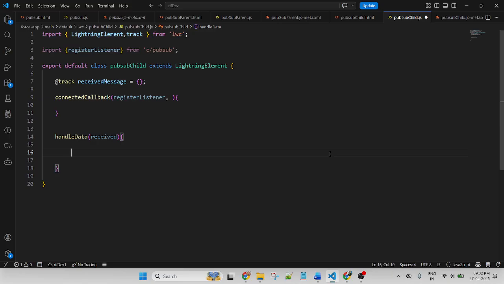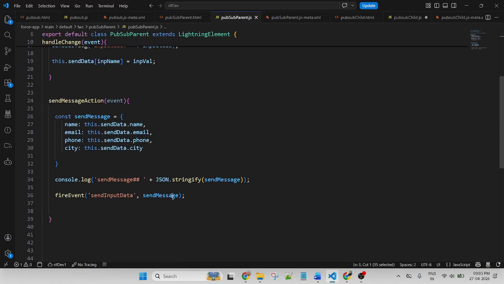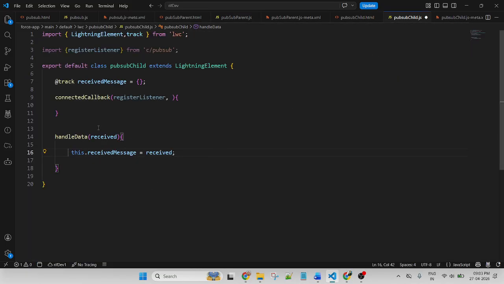Here I will use this.object equal to received. Received comes dynamically as a parameter. If you check the parent component, I am passing data like this, so on behalf of this data I am using a parameter so that it will receive all of the values dynamically. And this handleData, I will bind here.